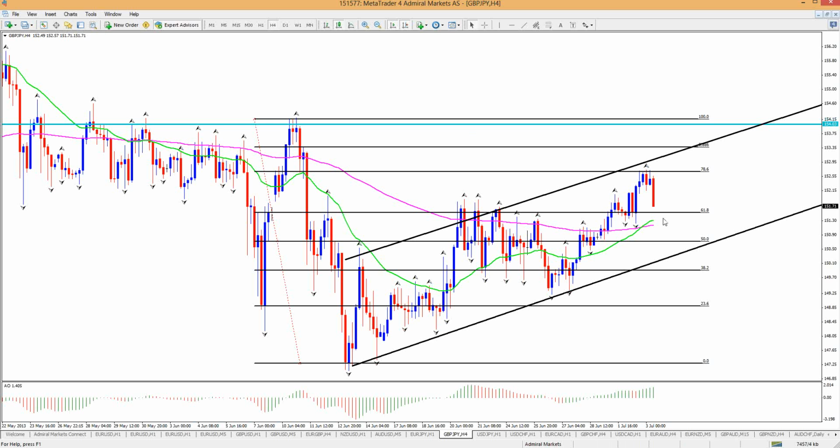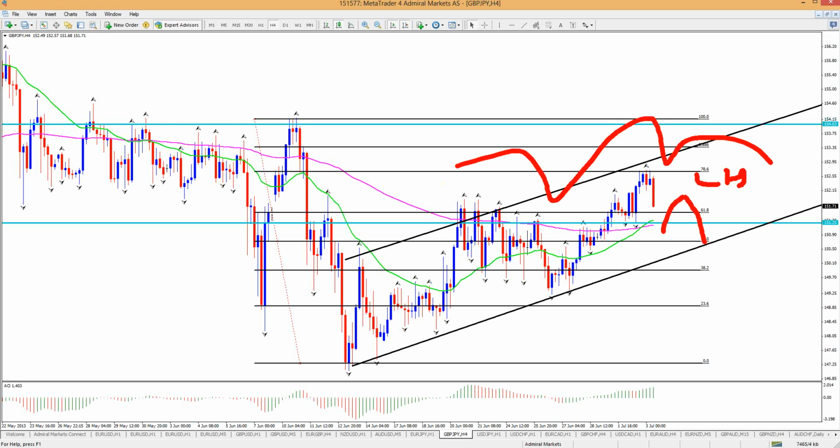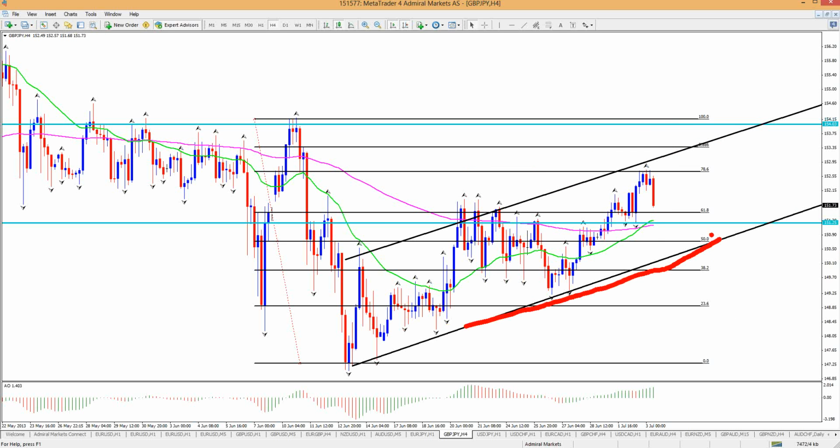So let's see. It's moving down pretty fast. If it maybe breaks this 151.25, it would be making a lower low. And if it makes a hook back, it makes a lower high. That could be maybe a sign that we're moving back down again. All right. Otherwise, this trend line could still be important for support.